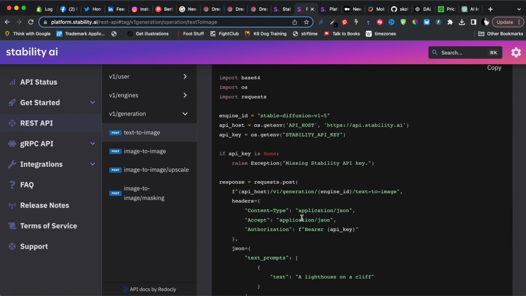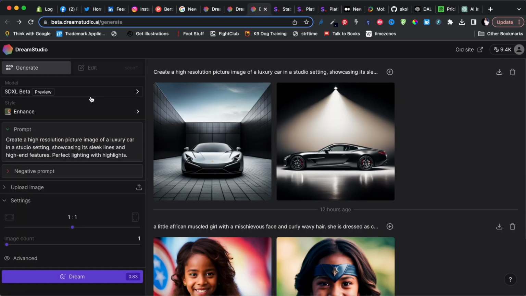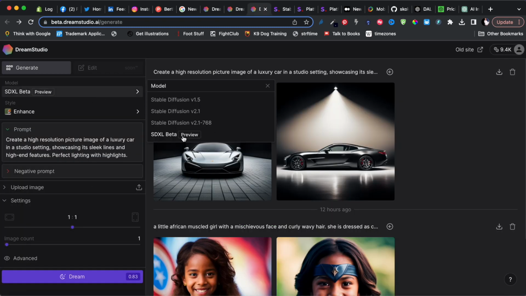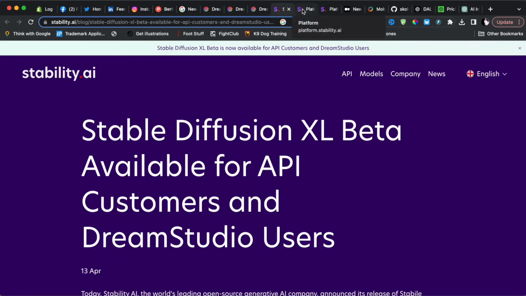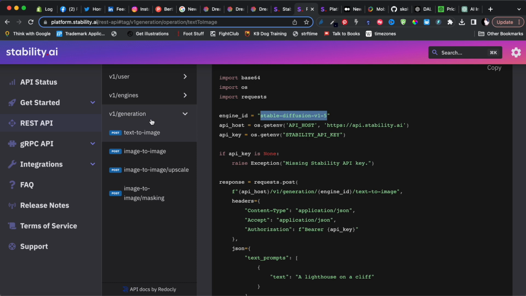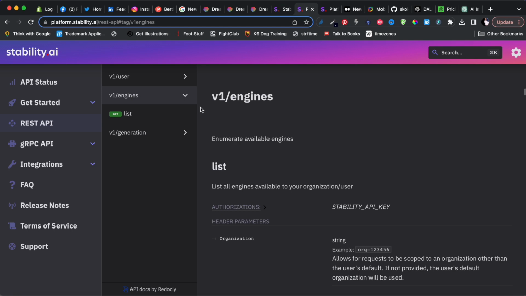The only thing that I wanted to bring your attention to over here is that when you do the prompt, you have to specify the engine ID. And so before we even get started, we're going to need to know what those engine IDs are. Let's have a look and see if we can get them from over here. Over there, you can see these are the engines, but you don't have them in that format that you need for the API. Luckily for us, you can actually get the API to show you and list the engines, which is why I said earlier on, we will probably work with the engines